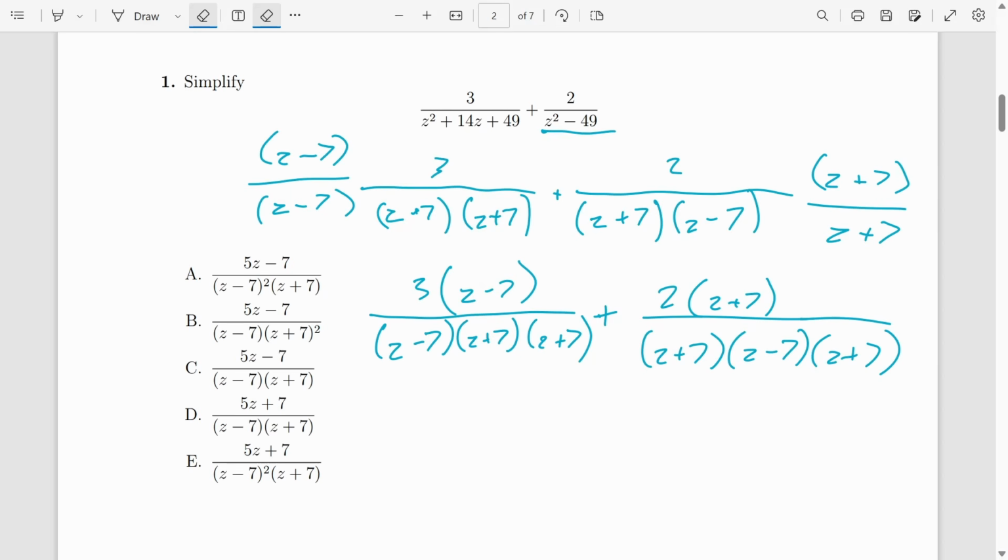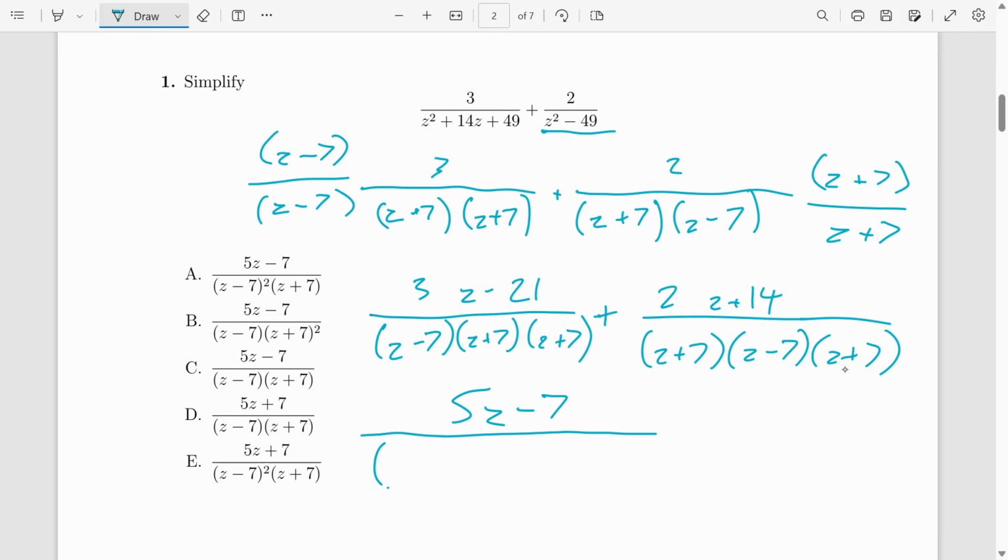We can just add the two numerators together. So we'll get 3 times z minus 7 plus... actually no, I think it's a good idea if we were to multiply these numerators out at least. So the top would become 3z minus 21, and the right would become 2z plus 14. And now we can add these a little easier. So this will become 3z plus 2z equals 5z. Minus 21 plus 14 is minus 7, all over